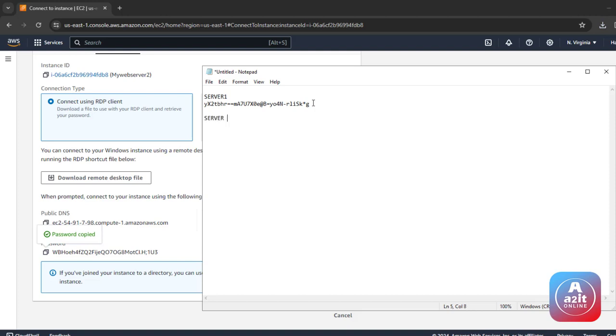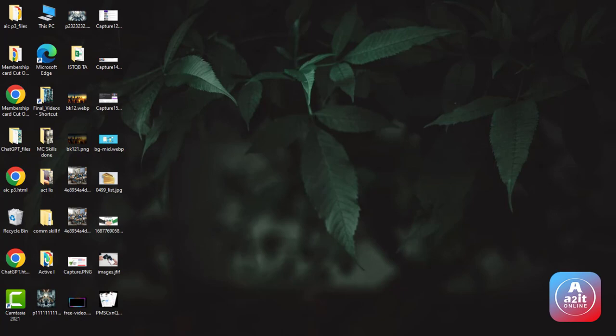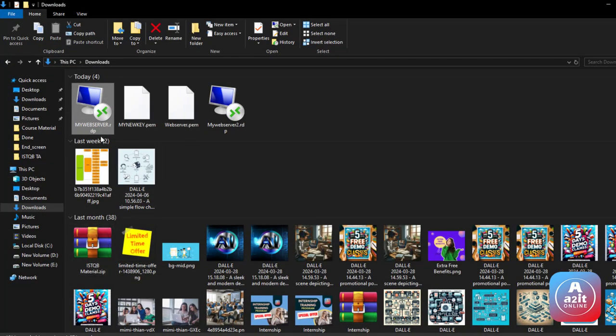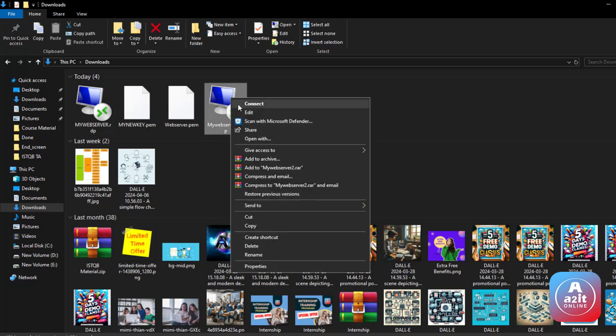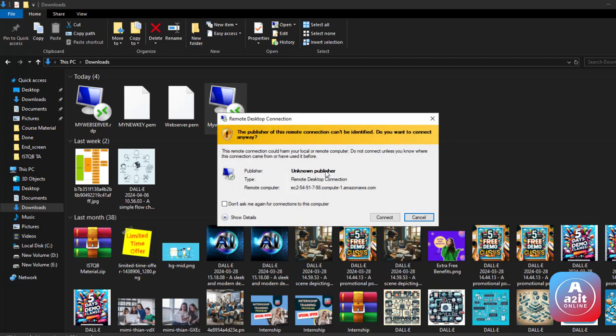So this is my server second password. So just save this password, minimize this window, and now go to file manager. Like here you can see your web server second file has saved here, and you have to open this file. Just right click on connect, and then remote desktop connection has appeared here. Just click on connect